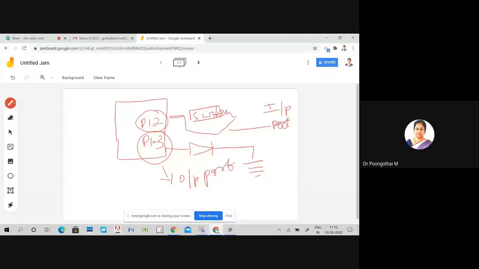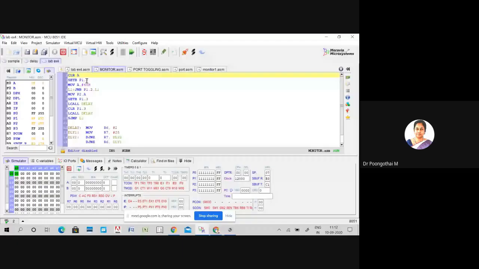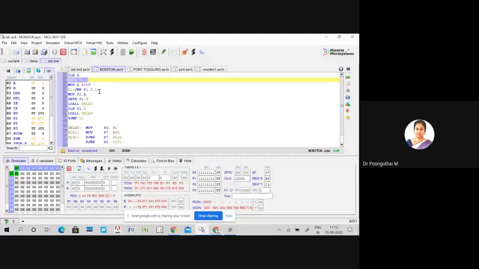So here the logic is first you have to configure this P1.2 as an input by using this SETB P1.2 instruction. This instruction is for input port pin configuration. Next we are moving 45 to the accumulator, and we are going to monitor this P1.2 continuously.